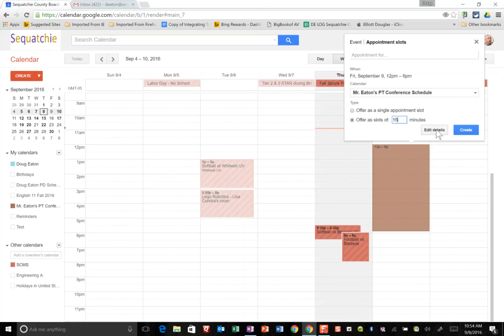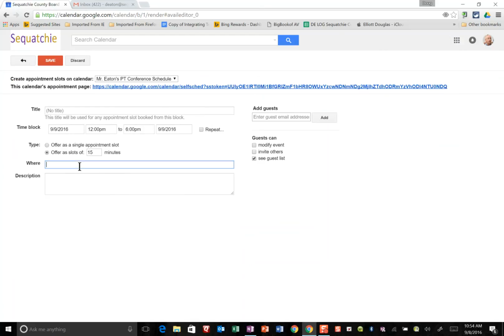I want to edit those details because I want the parents to know that the conference is happening in my classroom. And there's no title there because I'm going to let the parents go ahead and fill in their own information. And on this screen where it says this calendar's appointment page, and there's this big giant Google link here,